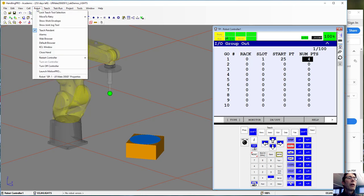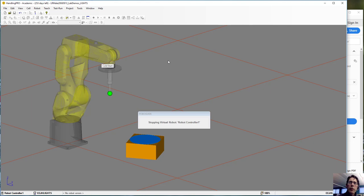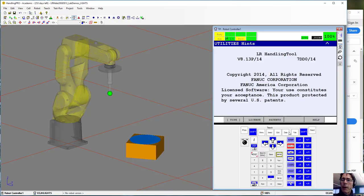go into effect. So we go back over here to robot menu, restart controller, cold start, and just wait a moment for that to cold start. So while that's doing the cold start, we'll go back over here. Then we're going to name some of these outputs and inputs. We're going to name output 1 ready. We're going to name input 1 start program, and then a couple of registers, register 1 and register 2 for group output. Okay, so we got our teach pendant back, and if we go to data,